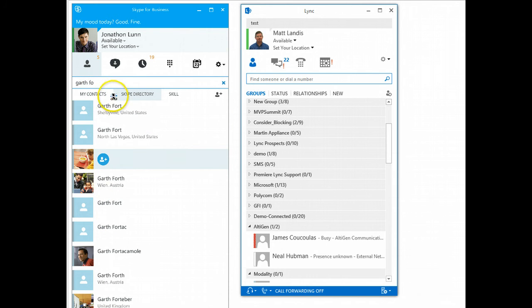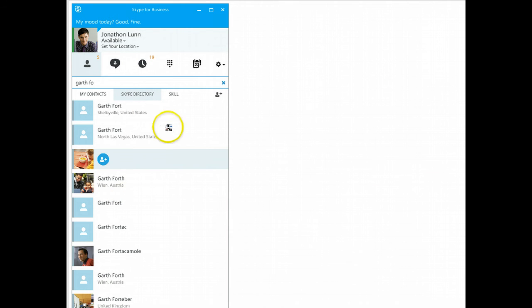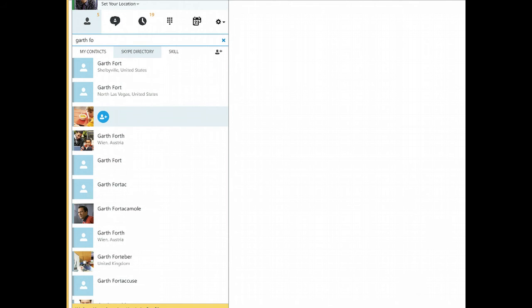And then as we move down into the contact area, what you're not seeing is the My Contact list. What you're actually seeing in the screenshot is the Skype directory. So in Skype for Business, which is really Lync with a new name, you will be able to search for Skype users. What they are demonstrating in this screenshot is searching. They went to the Skype directory, typed in Garth something or another, and it's returning Skype IDs